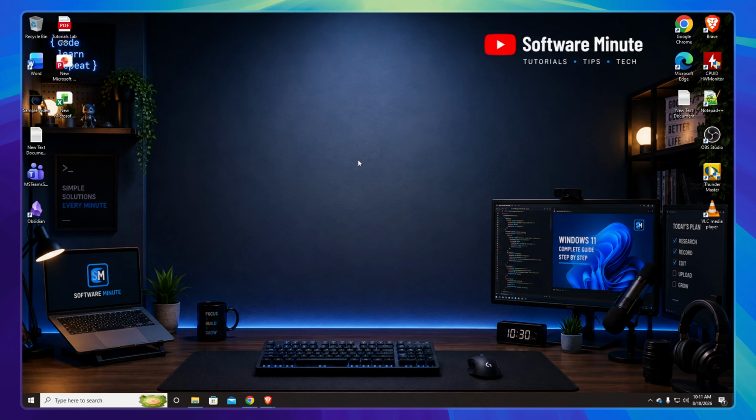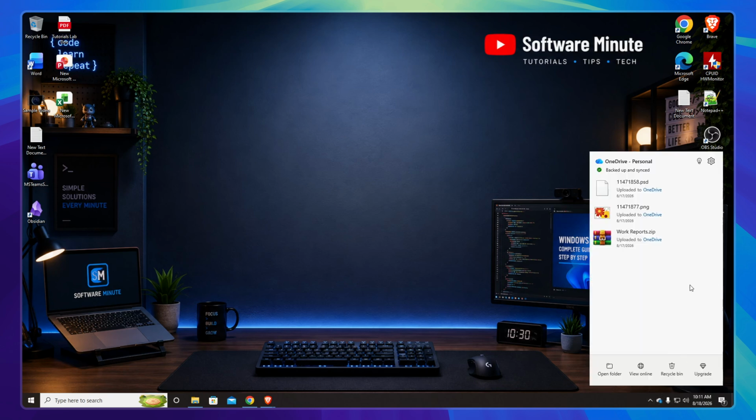First, direct your attention to the bottom right part of your screen where your system tray is located. This is the area near your clock and date display. Look for the OneDrive icon among the other system icons there. Once you spot it, go ahead and click on it. This will cause a small OneDrive window to slide up from the bottom, giving you quick access to your OneDrive